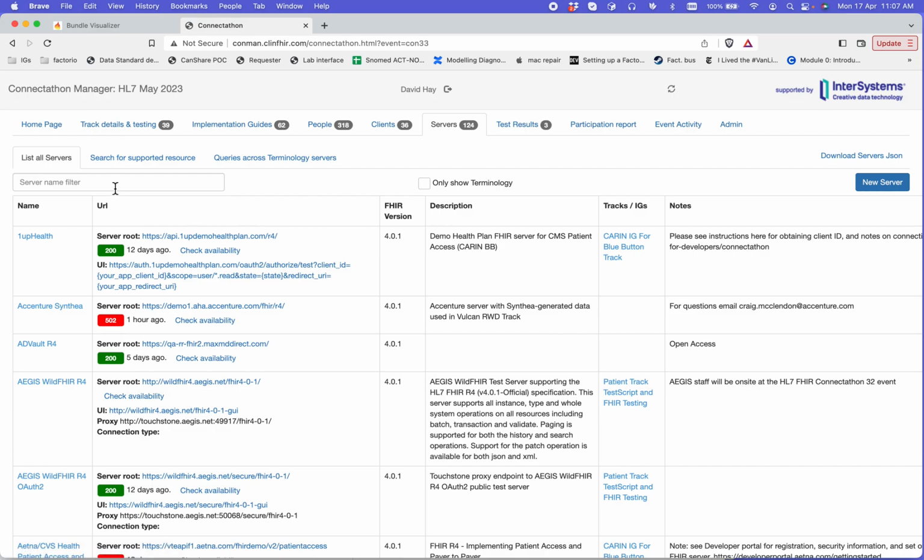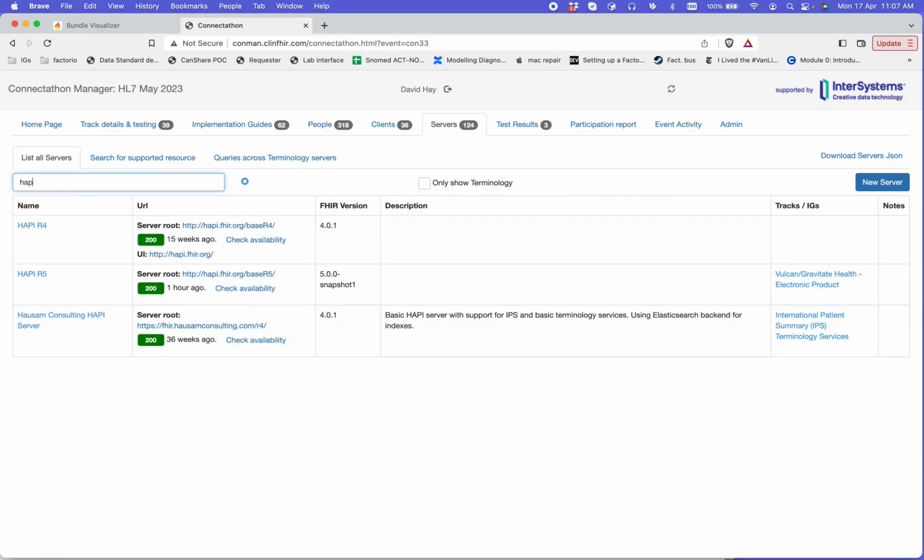So for example, I could look and find the Happy server, and I can see that there's the Happy R4 server, R5 server, and Rob Howsam also has an instance of Happy server. What's kind of handy is I get information here about the root of the server, so where I go to actually get data from or make my queries against, but I can also use this check